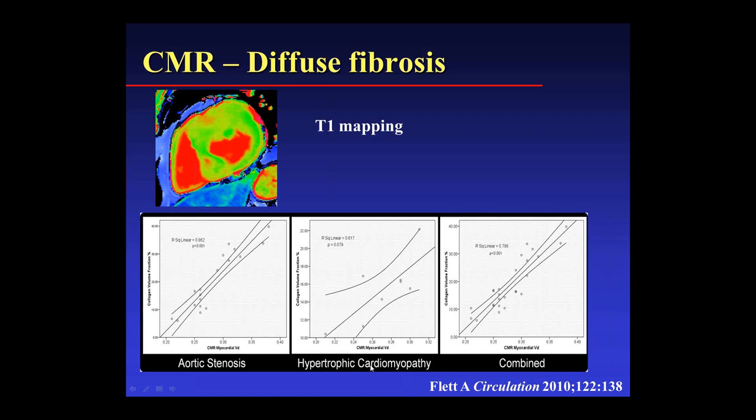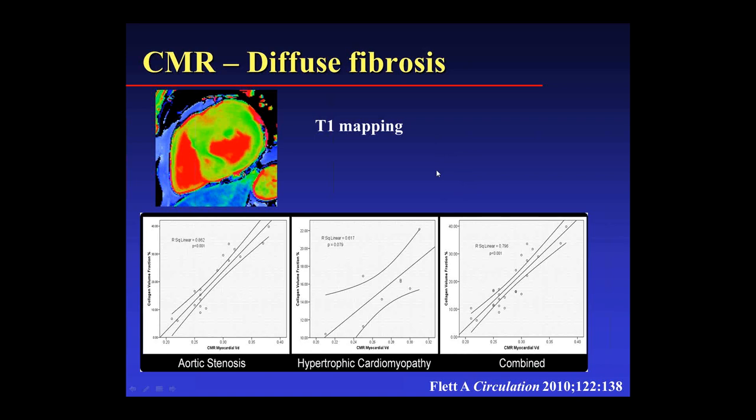That piece of the septum was looked at under the microscope for diffuse fibrosis, and the same was done in aortic stenosis. And when you put all the patients together, you can see that there's this very tight correlation between what was seen on MRI and what was imaged under the microscope. So we have a very valid way now with MRI of measuring this kind of fibrosis that previously was only visible with the use of a microscope.